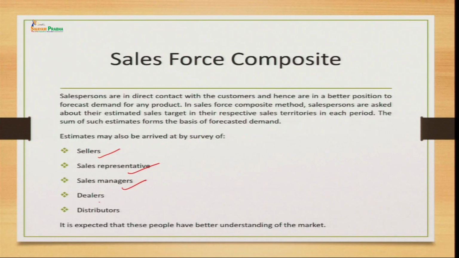who are called suppliers, sales representatives, sales managers, dealers, distributors and so on. So, these are the people who are in touch with the consumer, and because they are meeting consumers on a regular basis, they might be able to tell about their buying intentions. Okay. So, sales force, like I said, and we also believe that these people have a better understanding of the market, because they are in the market, they study the market. So, they might be able to tell you the clear picture of the market. So, with that belief, we go with this sales force composite method.